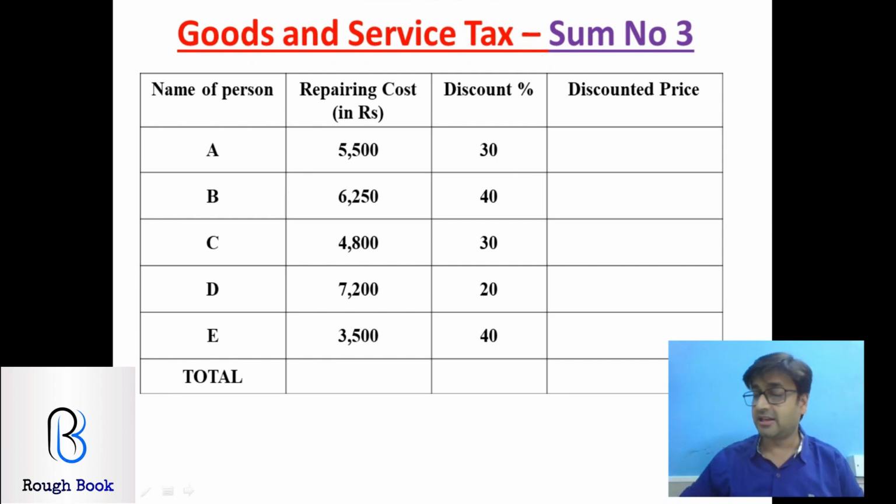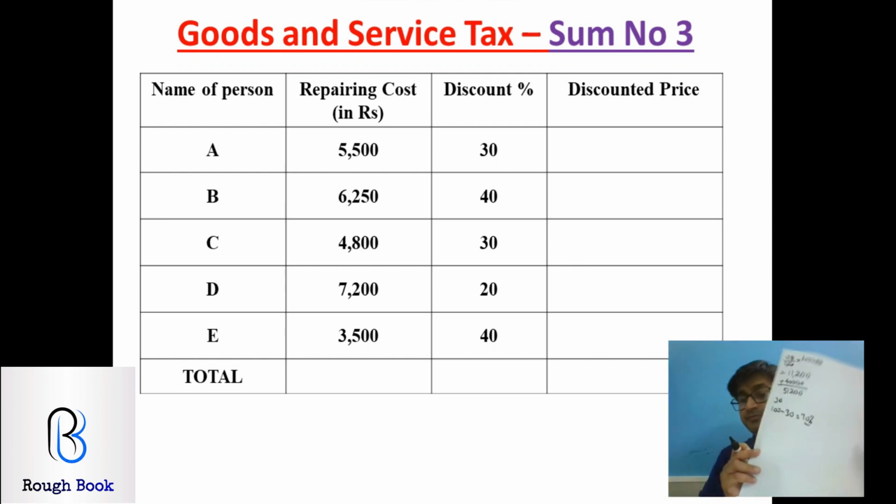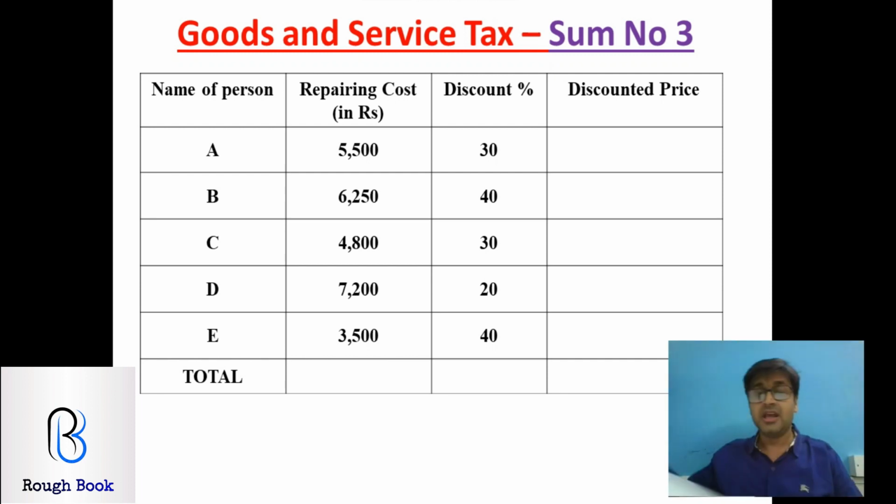So first let's calculate 30%. Now there are two ways here. One is you calculate 30% and then subtract. The second one, since the total percent is always 100, so out of 100 you reduce 30%, that is 70%. Once you get 70%, directly calculate 70% and you get the price which is already discounted.